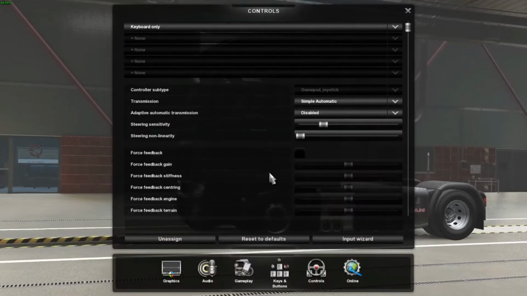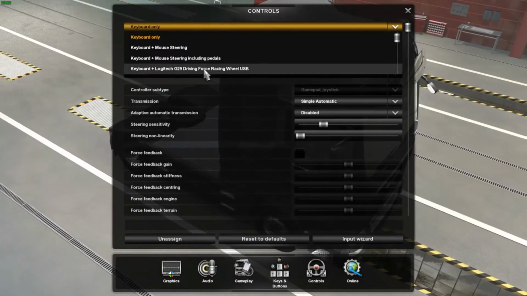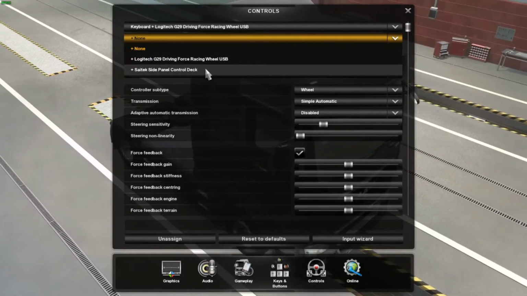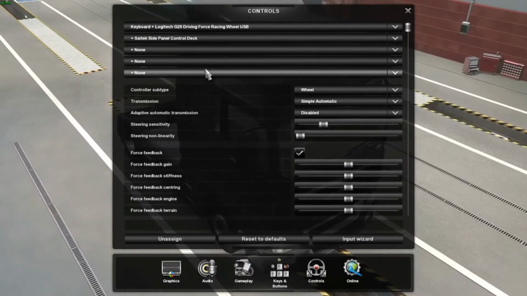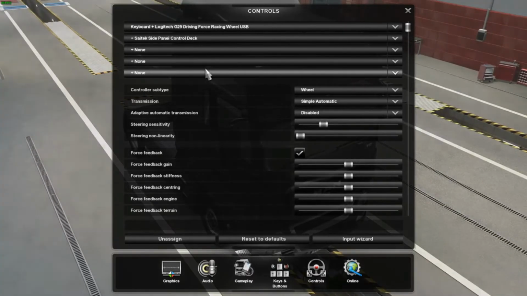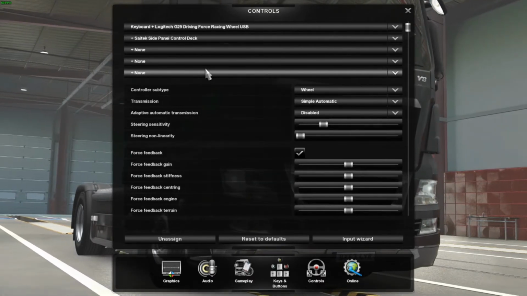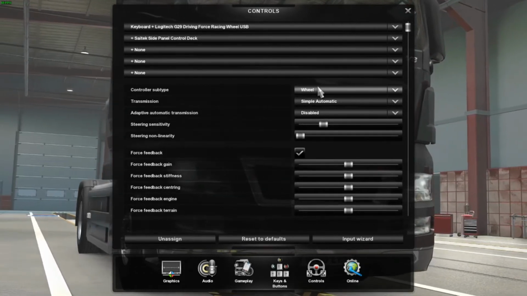So controls. For me, I have a Logitech G29 steering wheel, which I use for driving. I also use a Satec side panel, which is actually designed for Farming Sim, but I use it for Euro Truck as well, because it is good for keeping all your controls in one place, and you're not using all your keyboard, and you can push your keyboard out of the way. You don't really need it. I have it all set up ready so that I can use it for whatever I want to do on there. So I'll quickly go through some of these